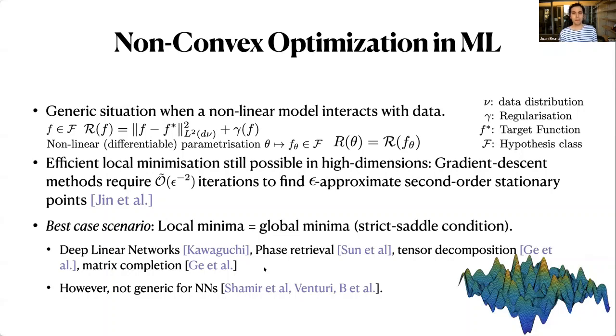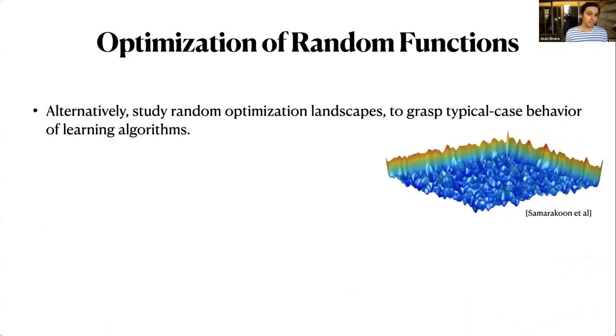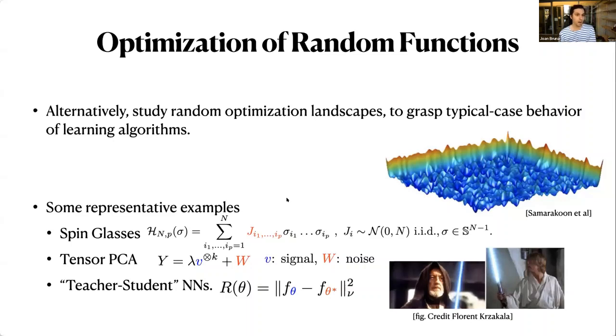So what can we do? The other alternative, which opens up interesting theoretical questions, is, instead of looking for optimization of a particular function that is given to us and might be very complicated, to look at random optimization landscapes. Try to understand the typical case behavior of these learning algorithms. This is an example that I picked from a paper from Samy Jelassi about a realization of a spin glass energy landscape. Some examples where we take this framework of studying random optimization problems come from the probability and physics community, like spin glasses,